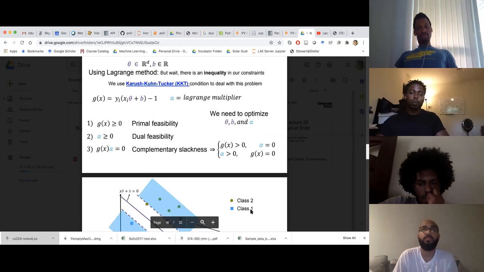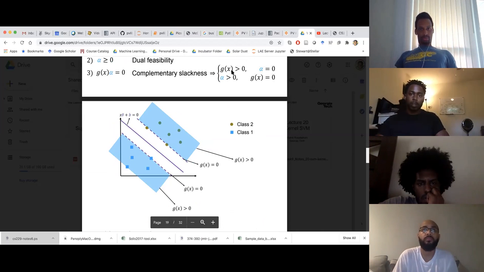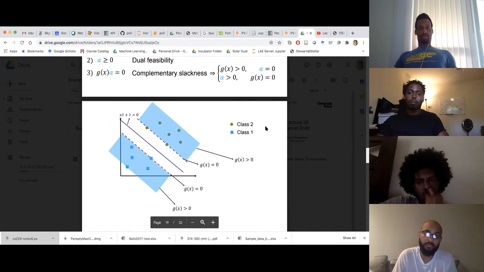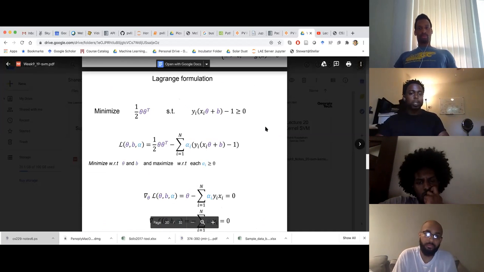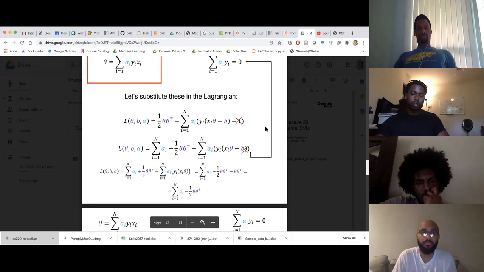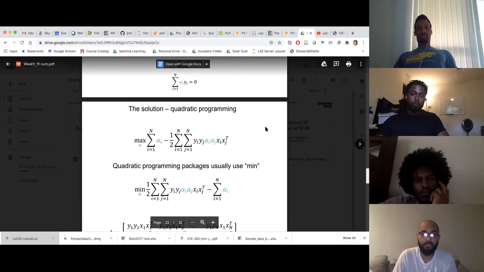This here's a visual version of that. Whenever g of x equals 0, the Lagrangian has to be greater than 0. Whenever g of x is greater than 0, the Lagrangian must be 0. And because of that, once we use that formulation, I'm not exactly sure what the math steps are. This is like some real mathematician stuff. We end up with